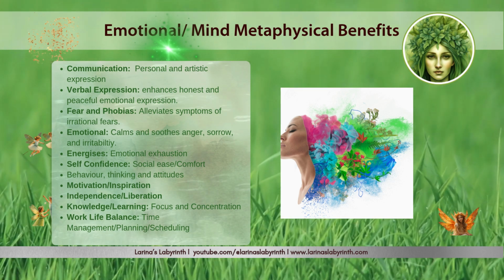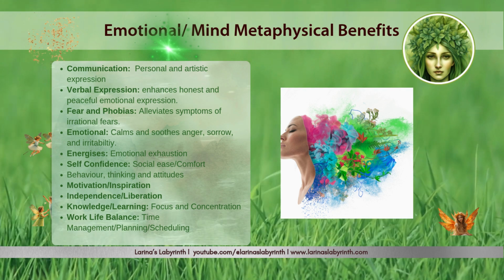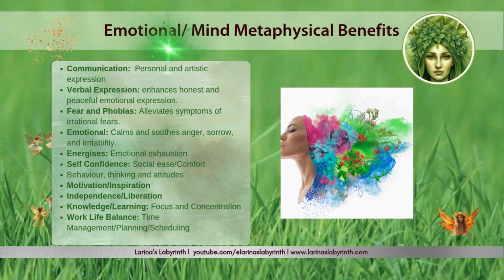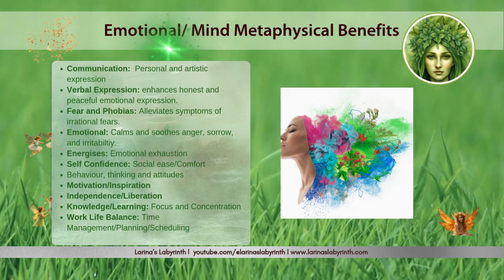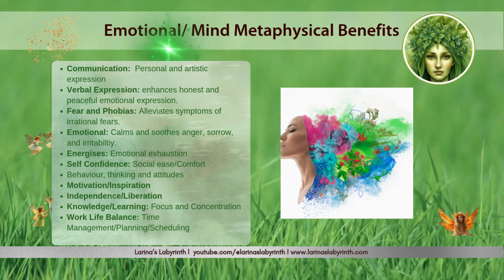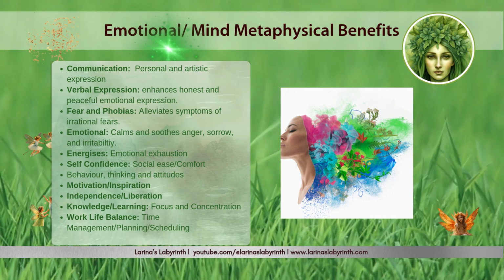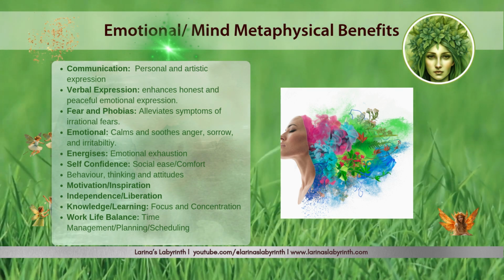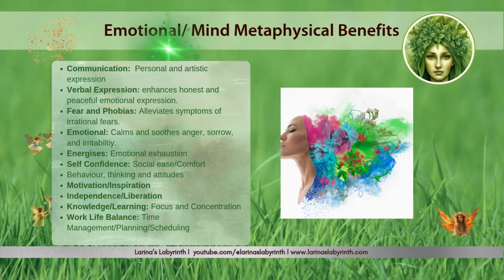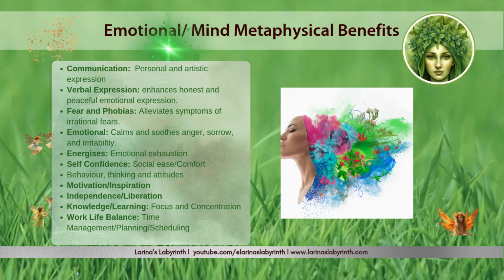To put this into perspective, when we talk about enhancing the throat chakra, this is the recognition that things happen and annoy us, and they always will, okay? But rather than squashing those feelings down and denying them and ignoring them, we recognize that actually through open, honest, peaceful communication, most conflicts can be resolved. And so it promotes and supports and enhances, I guess, conflict resolution through